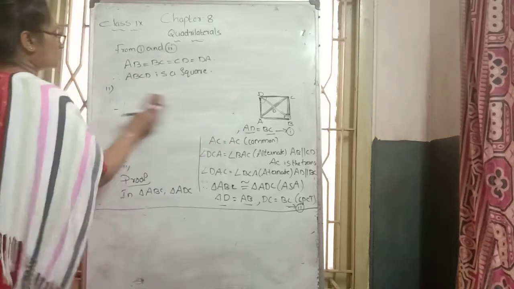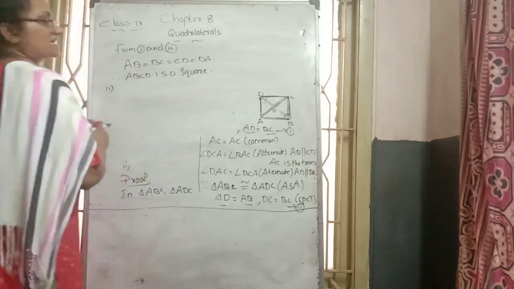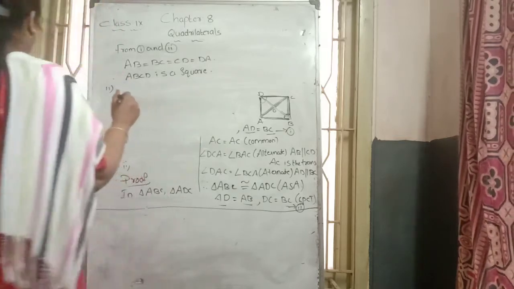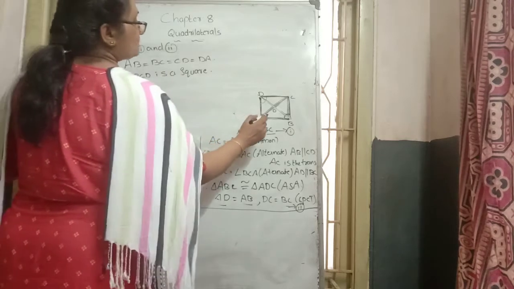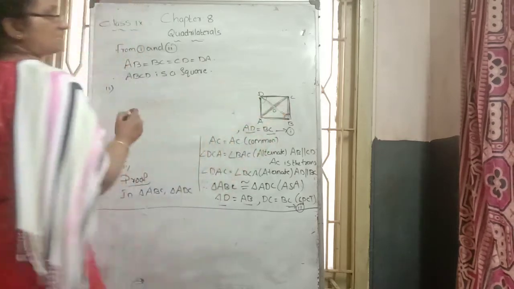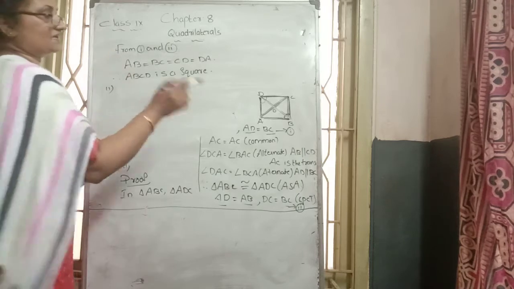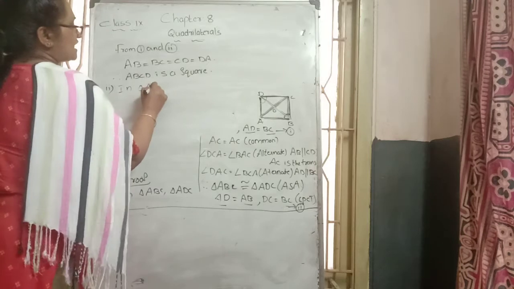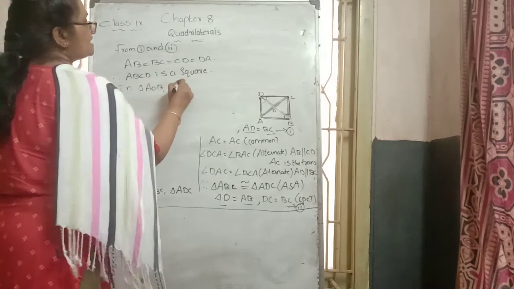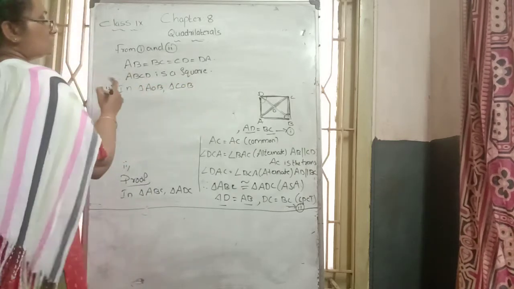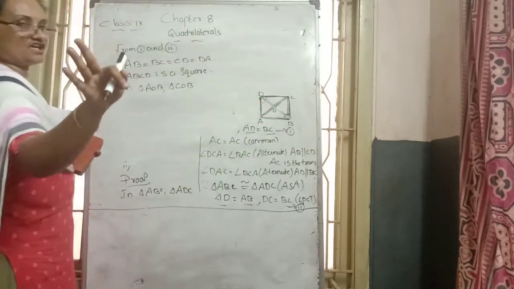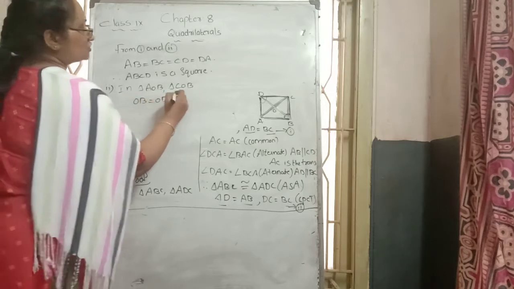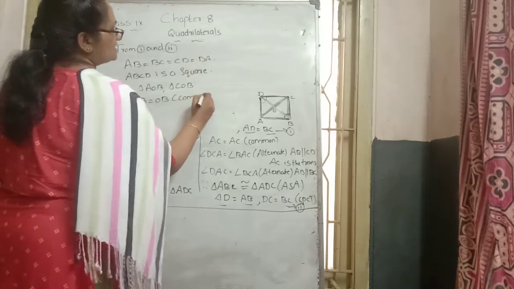How to prove the second case? There also we can consider any two triangles. Which are the two triangles we can consider? AOB and COB. These two triangles we can consider for proving the angle B bisecting case. So in triangle AOB and the second triangle COB, what information do we get? Any three conditions. First condition: OB side is common for both. The common side is this line.